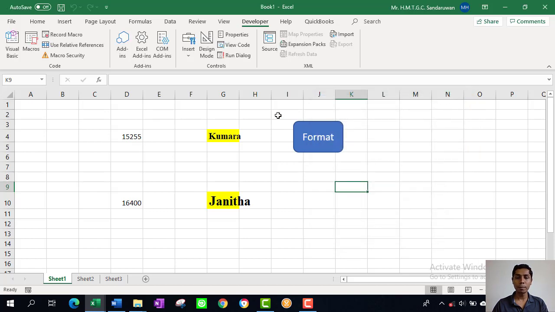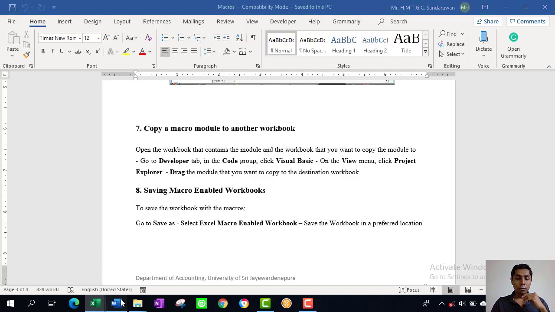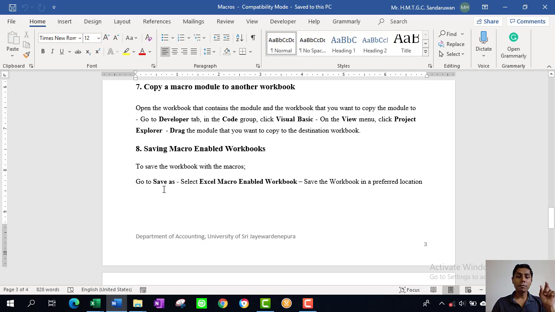Likewise you can copy a macro from another workbook to this workbook, but basically it is done in the Visual Basic. The next topic is saving macro enabled workbooks. That is also very important. Now